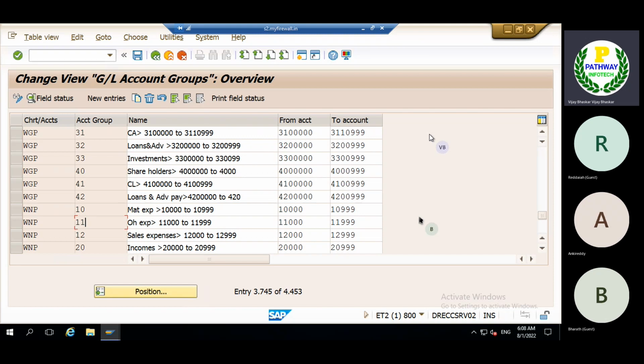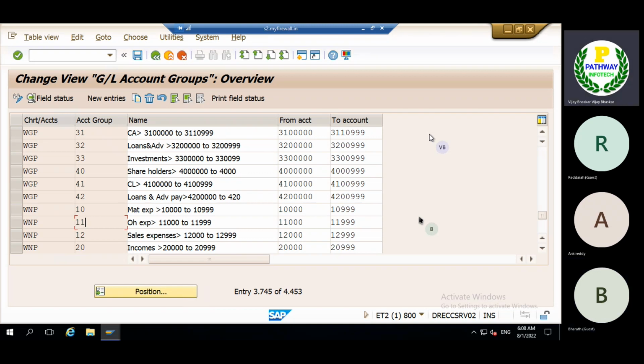Once the GL account master data is available, then we need to bring the vendor, customer, asset, cost centers, profit centers, internal orders, whatever we want. Then first let us see how to create the LSMW, because in the last session I explained that to bring the legacy data into the SAP system, we have different kinds of mechanisms in SAP. Of those, the one we are going to use is LSMW.